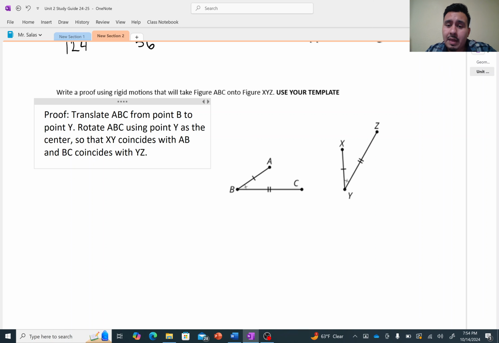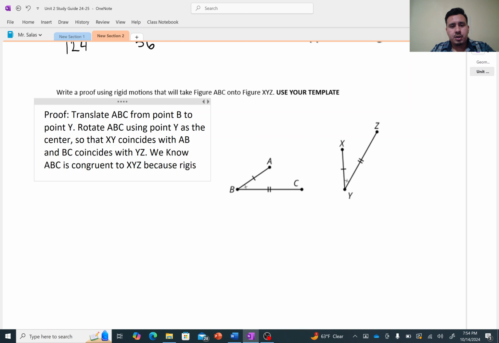So I know by that rotation, AB will coincide with XY, and I know that BC will coincide with YZ. Once I know that they coincide, I can say, we know ABC is congruent to XYZ